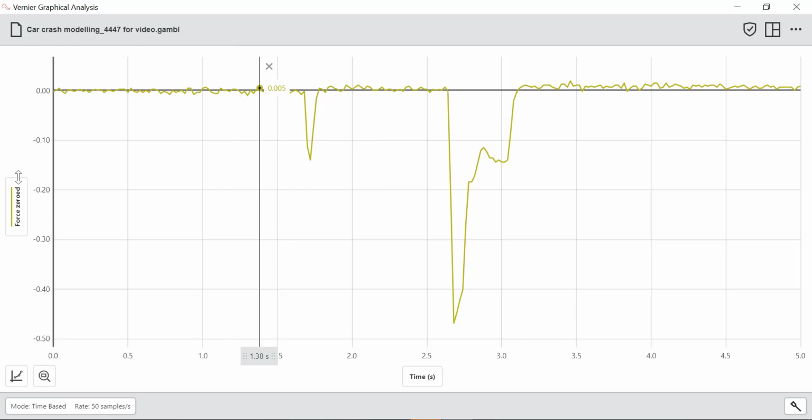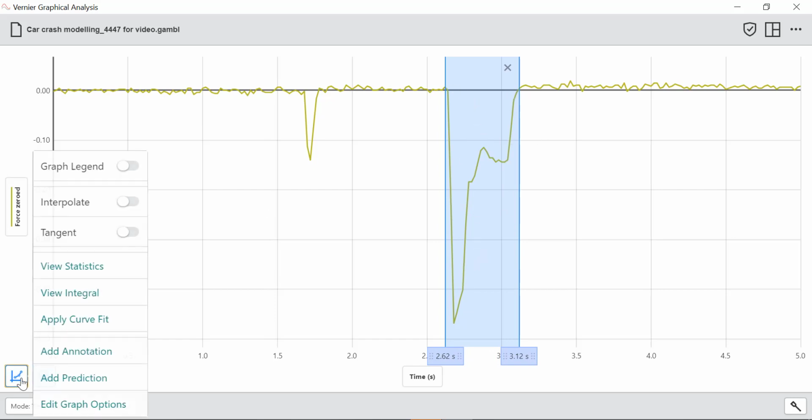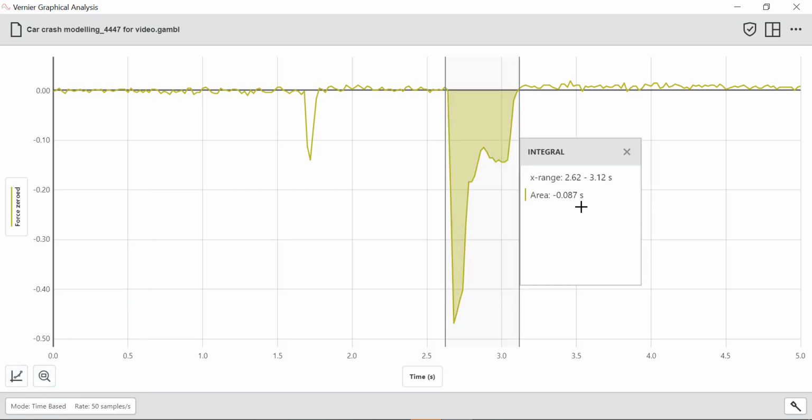And so a force times time is actually called impulse. So it's called change of momentum. And so I can look at that, and I'm quite interested in to know what the area under that curve is. And so I can go view integral, and that tells me it's got an impulse or an area of 0.087. It's negative, meaning that the force is in the opposite direction to the way that it was moving,